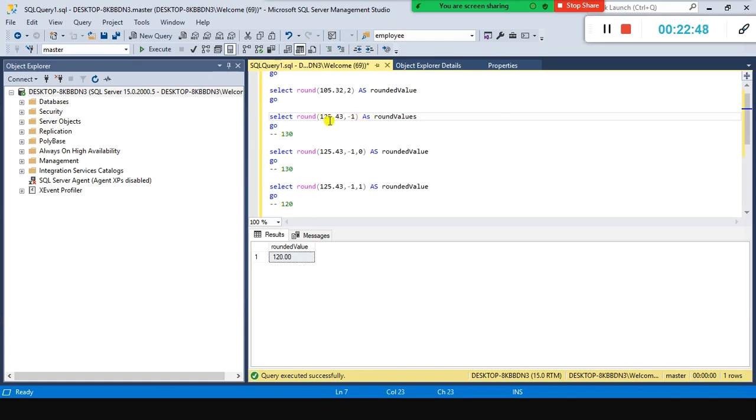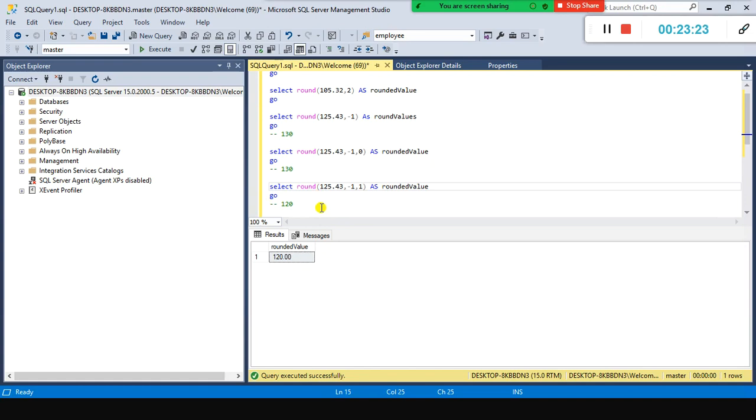It is rounding off this integer value, since we have 125.43, right? So it is rounding off this one to the next highest value. The next highest value is 130, right? So 125.43 is 130, and if I specify 0 here, right, by default it is 0, hence it is rounding off to the next highest value. So after 125 it is 130, and if I specify 1 here, it is rounding this value to the next lowest value, right? So 120. That is what is happening here.